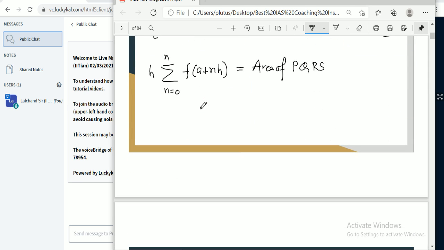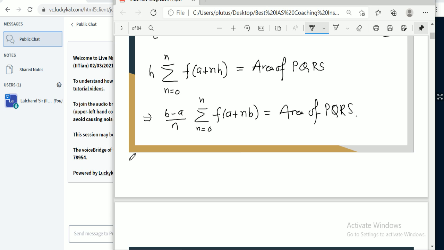So if we substitute the value of h here, then we have finally (b minus a) divided by n, and that is equal to the sigma of n from 0 to n of f of (a plus nh). Okay, so if we assume this area of PQRS,